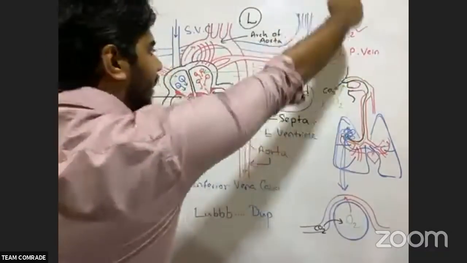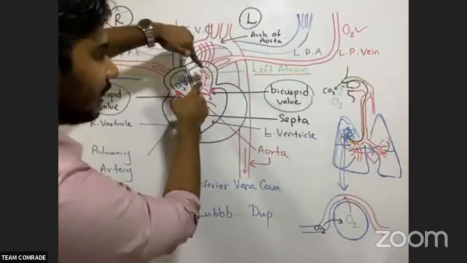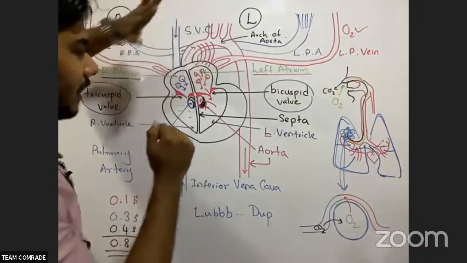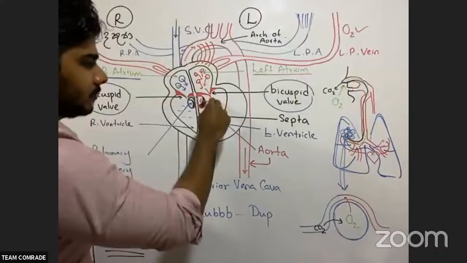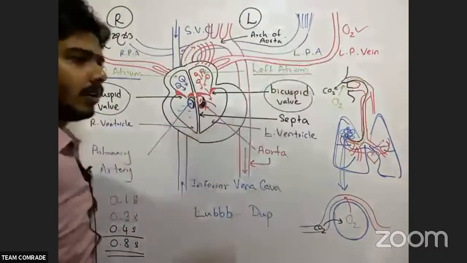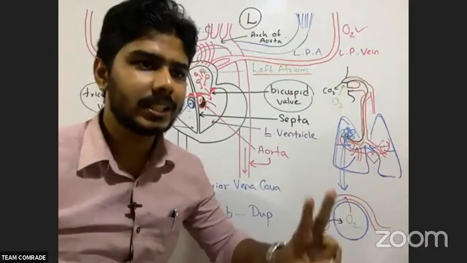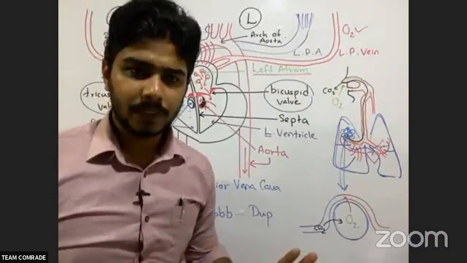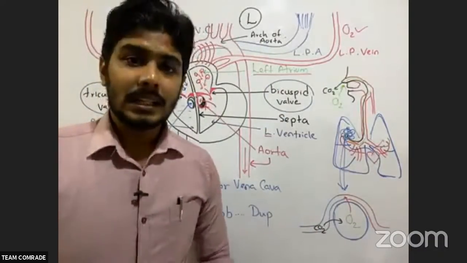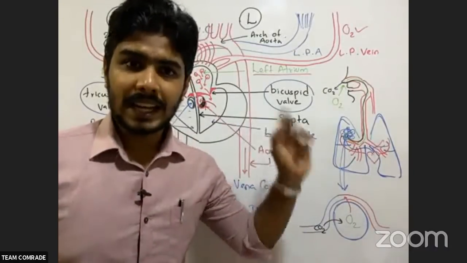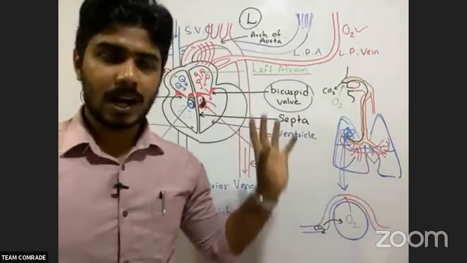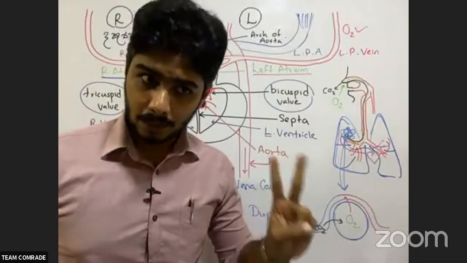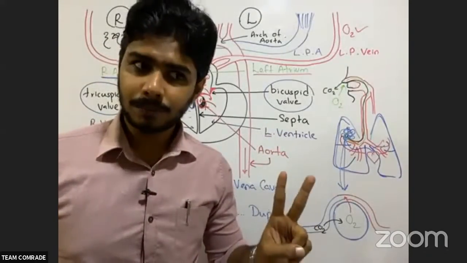After that, from the lungs, the blood comes like this and gets into the left side of the heart. Then the valves open and it comes here, and then it is given all over the body. So the second circulation is giving blood all over the body. This entire heart circulation process is what we call double circulation. Are you clear? What is double circulation now?